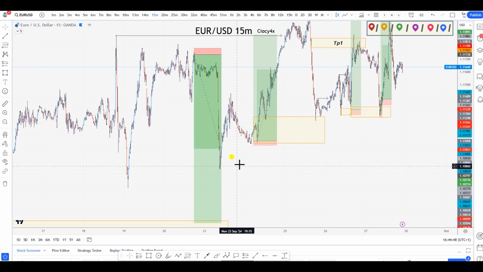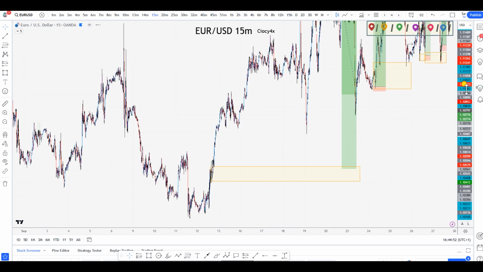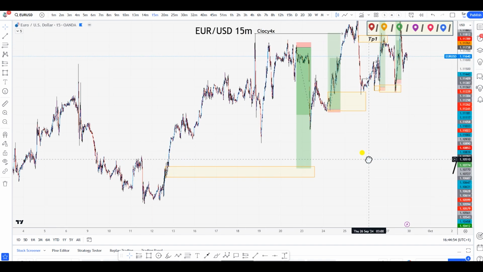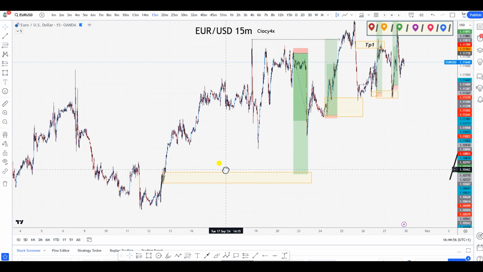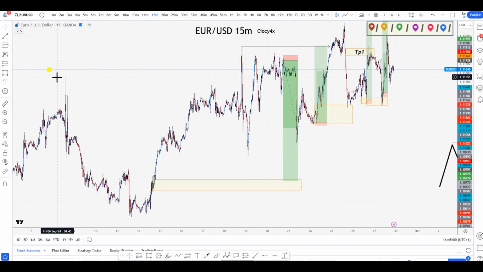So you guys can see that my target was all the way down here. You might be wondering why the target was all the way down here, and why I went for such a long sell like this, right? Because price has eventually broken all the relevant structure from this low, this low, this low, whatever.